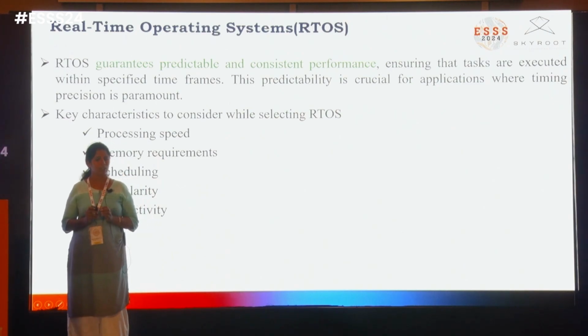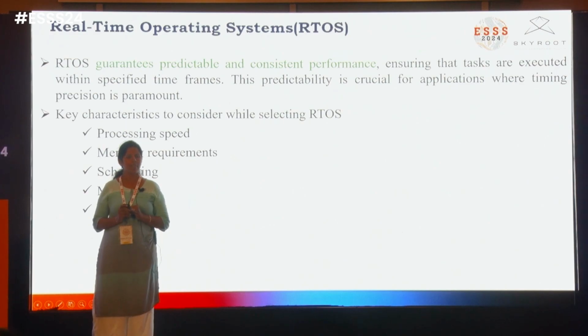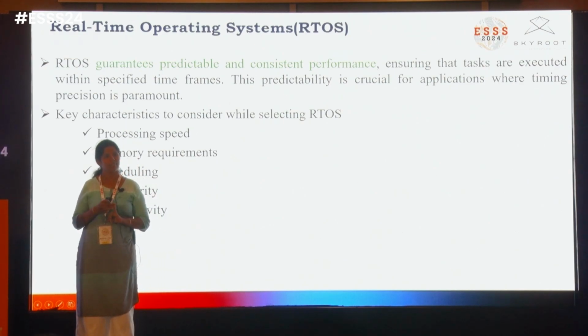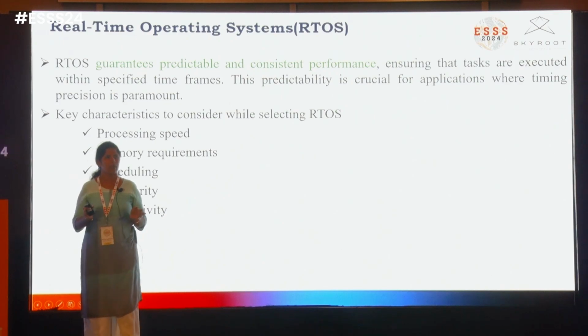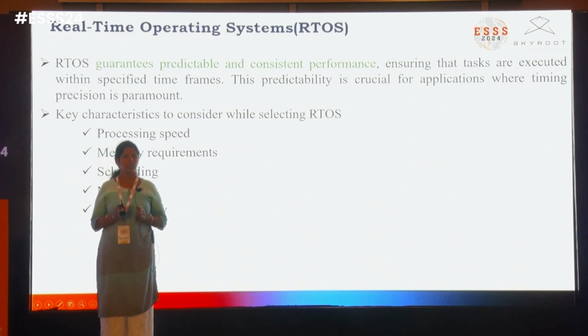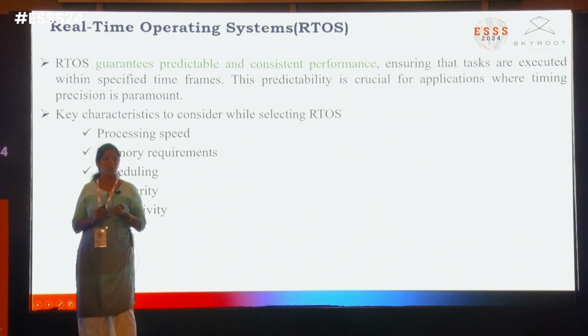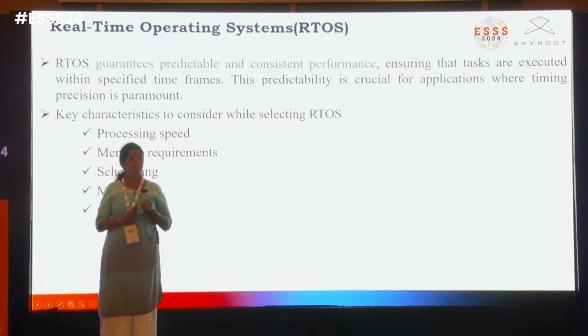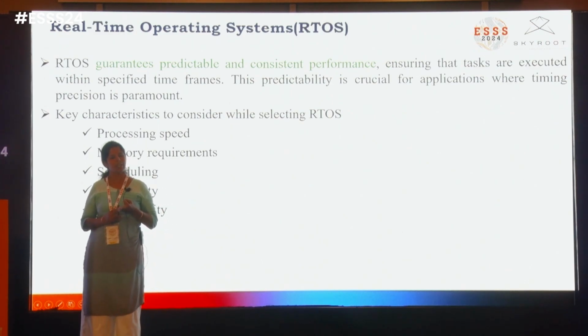While choosing an RTOS, what are the key characteristics we have to consider? First thing is the kernel. How secure is the kernel? Linux is open source. Some of the operating systems, VxWorks and QNX, are proprietary. Everything is good, but you have to choose what are the key things you want to adopt for your project. Those things are the scheduling properties, what the memory requirements are, what processing speed you want to achieve, and connectivity of the RTOS system.